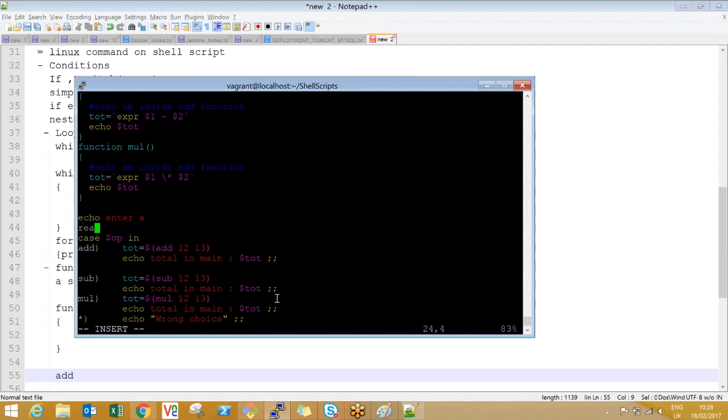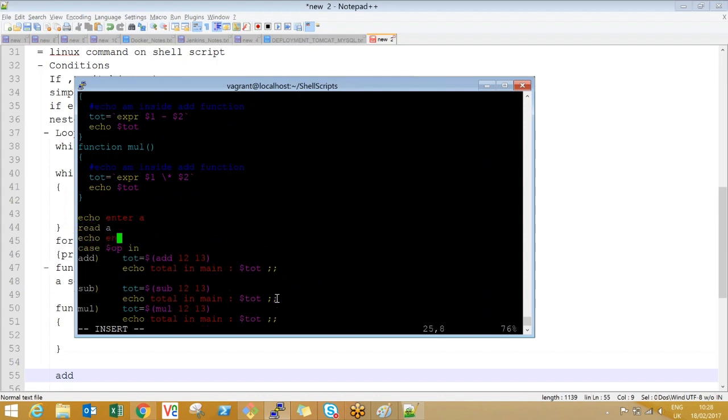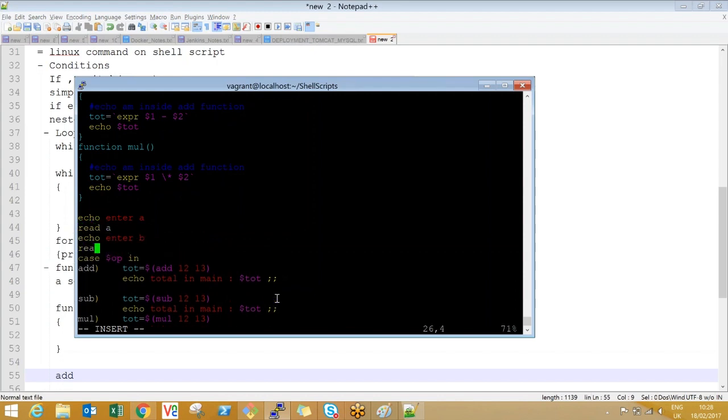echo enter A, read A, echo enter B, read B, echo enter operation, read OP. Operation I read, but instead of hard-coded values, I have to pass $A, $B, $A, $B.